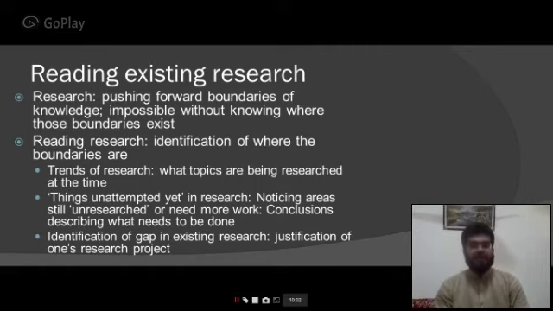Unless you know this, you cannot expect yourself to somehow extend these boundaries. So this knowledge of the current status of your topic comes from extensive background reading. And this reading actually helps you understand which trends are currently being followed and researched by other scholars. Now, this reading helps you understand the significance and relevance of your own research.